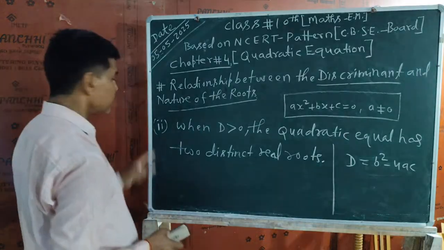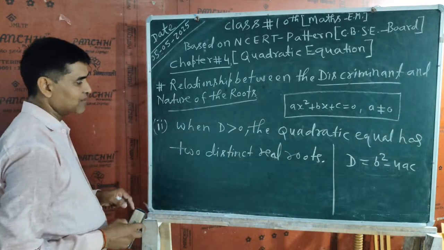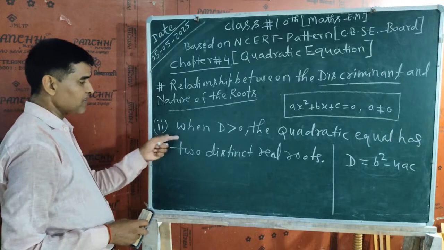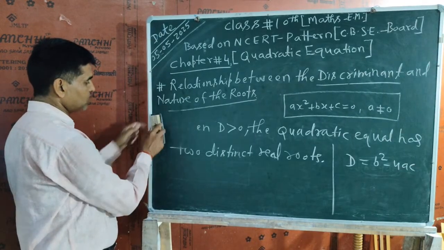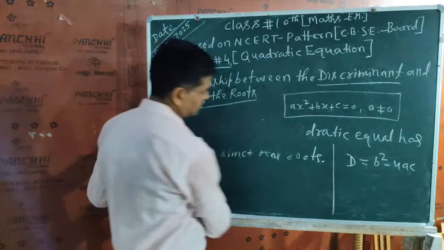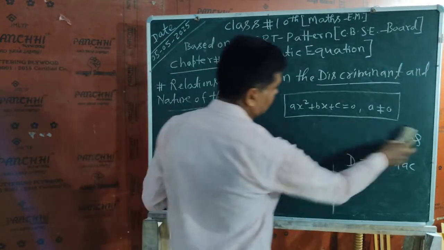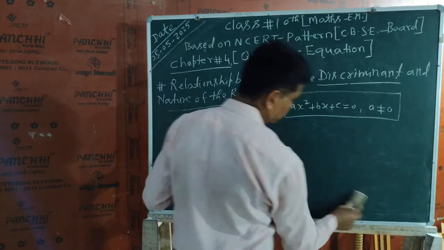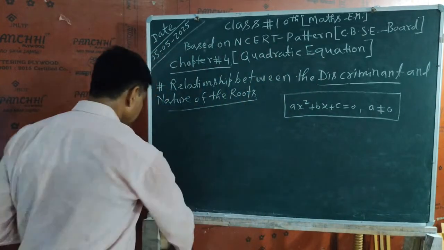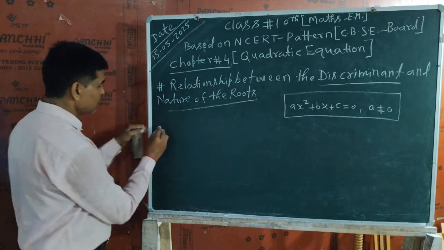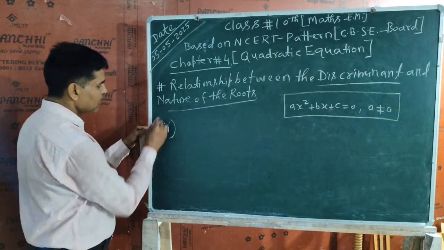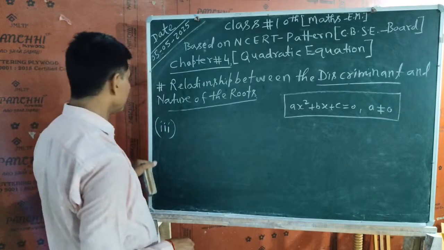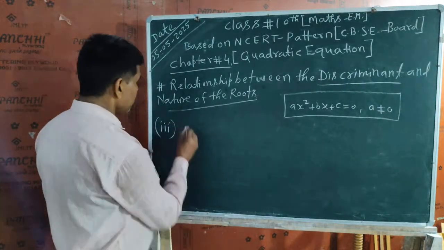Okay, student. Now we have to explain condition number 3. So after erasing this one, we will explain condition number 3. Okay, student. Now I am going to erase this data. Okay, student. Now here I am going to explain condition number 3. Condition number 3. Here I have to write: when